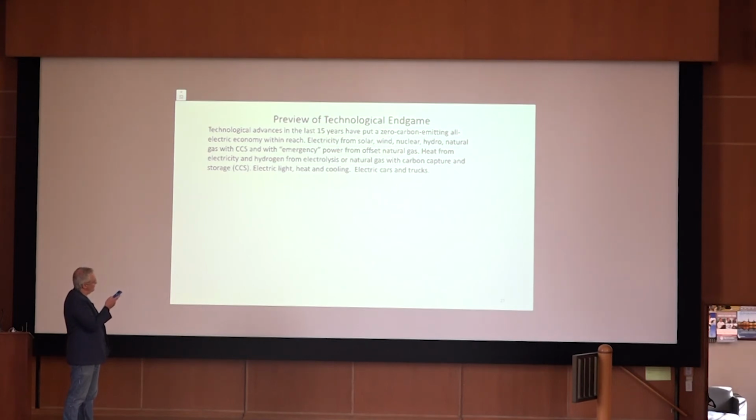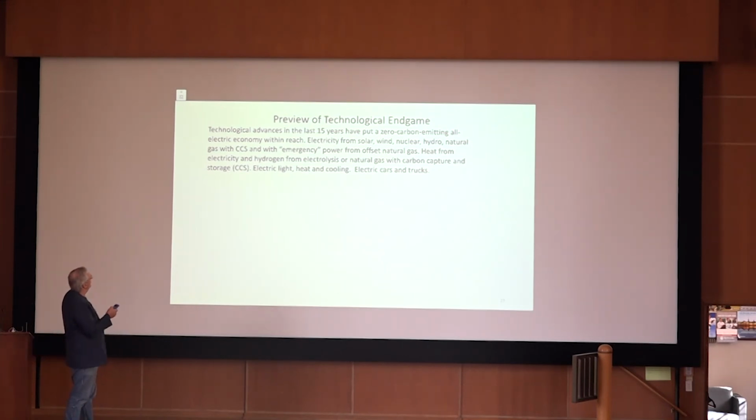The technological mix that we have now in the last 15 years consists of wind and solar, still some nuclear and hydro. These are just the options that are available that are cost competitive, in the sense that they cost as much as things that are already used at scale in the energy system. Natural gas with carbon capture and storage, emergency power from offset natural gas, that is, turbines that are used once in a while, like when the wind doesn't blow every 3 years, that you offset by growing a